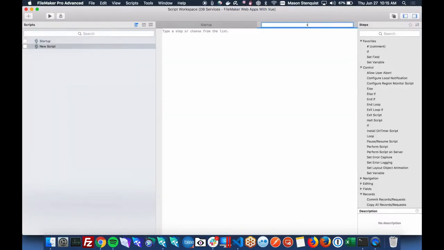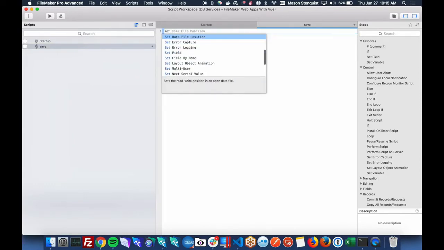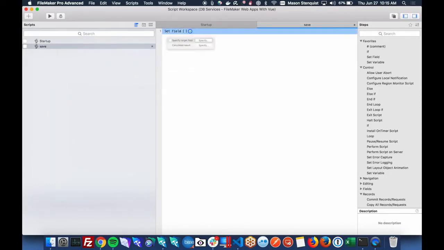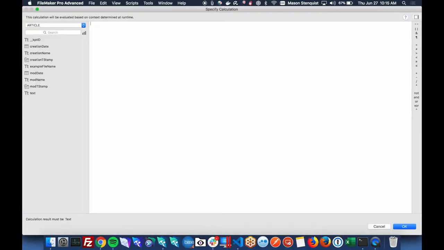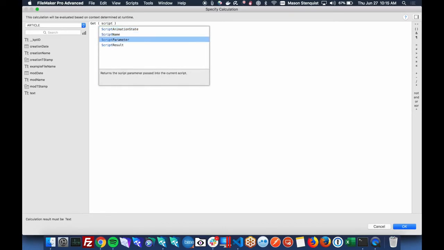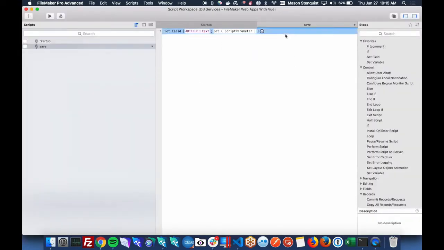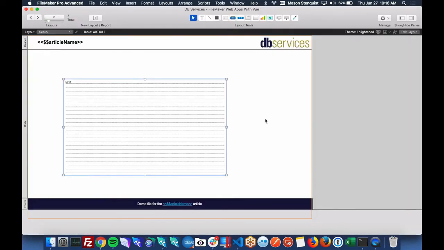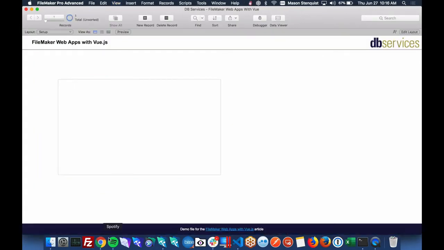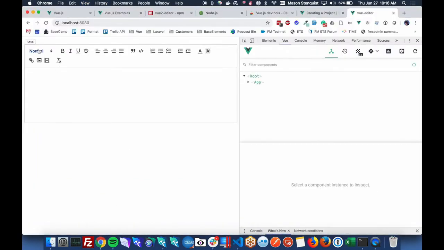So to keep it easy, we just called it save, and it's really just going to set field text with our script parameter. And then we'll just commit the record. All right, let's go into browse mode there. All right, so we have our save button. Let's just test it out really quick.